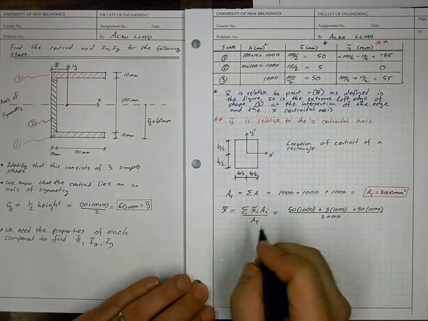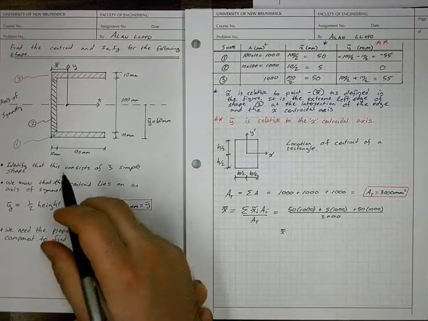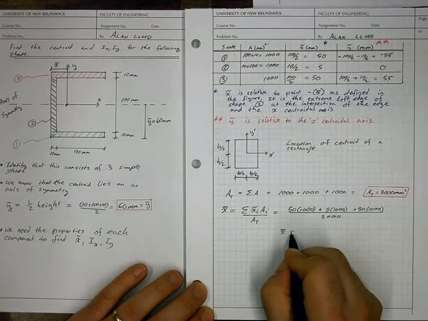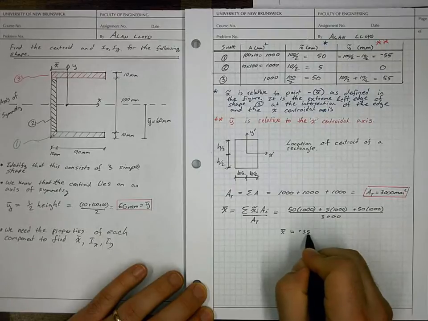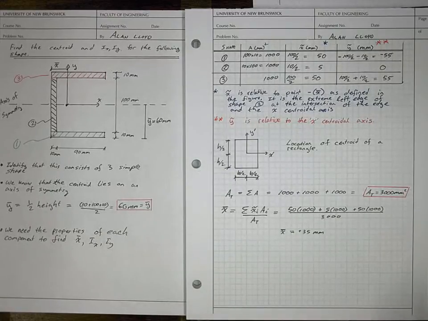So this will give us x bar, as we've defined it in our figure, equal to plus 35 millimeters. So it's somewhere around the location where we drew it,